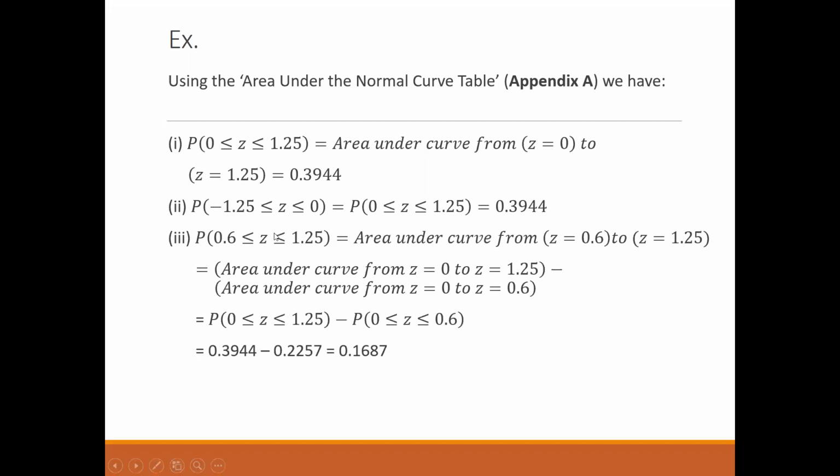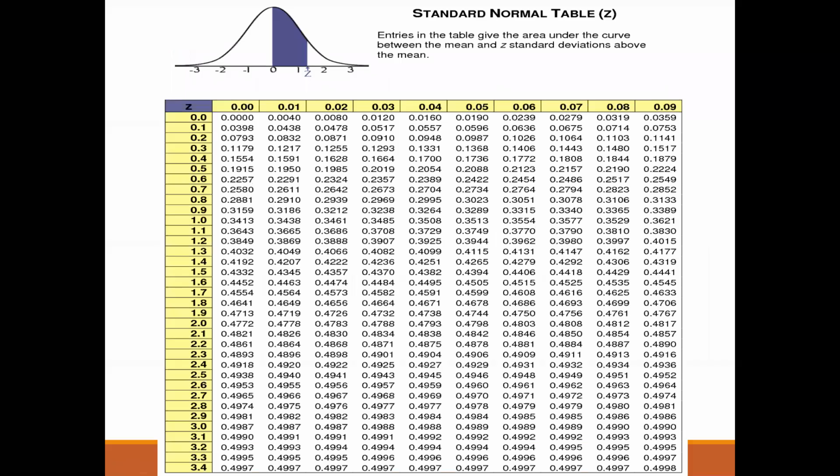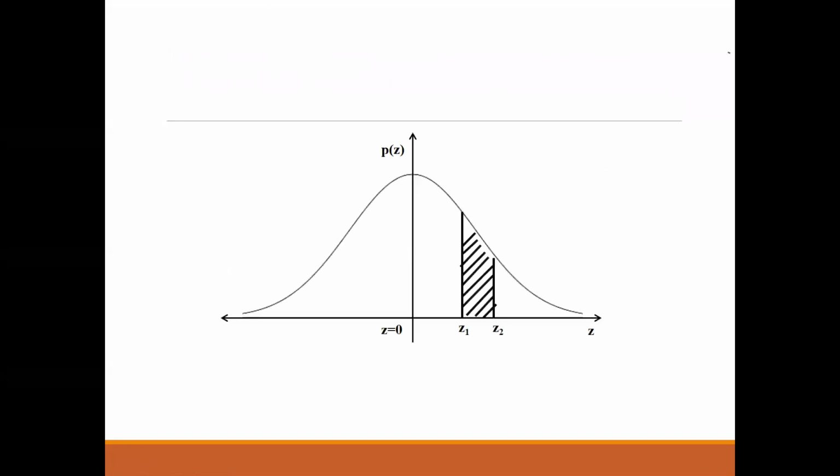Yes, fine. Now, see, what we are trying to do is find the probability of the area between 2 points. What are the 2 points here? 0.6 and 1.25, right? Now, if I draw the curve, like I showed you the curve here, this was my curve. If I take the value of Z1 as 0.6 and Z2 as 1.25, because 1.25 will be farther from 0, so Z2 is 1.25.